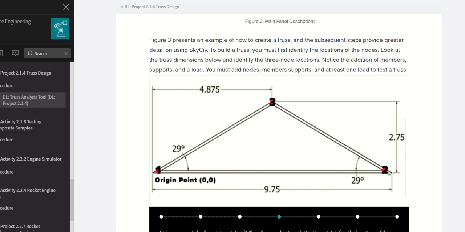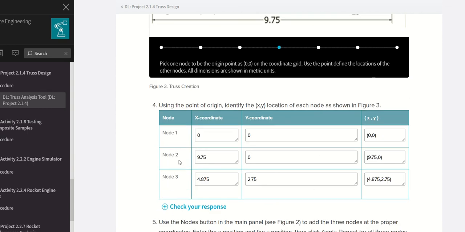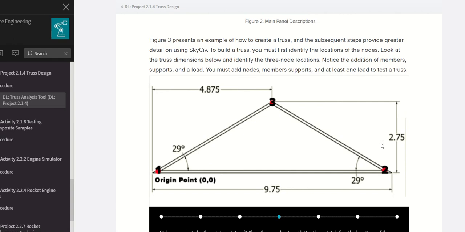Node 2 is at 9.75 meters away from node 1 and 0 on the Y. So it's 9.75, 0. And then node 3 will be half of this, 4.875, and the height will be 2.75 meters. These are the values right here: x coordinate, y coordinate, as a point. So that's what I'm going to do.